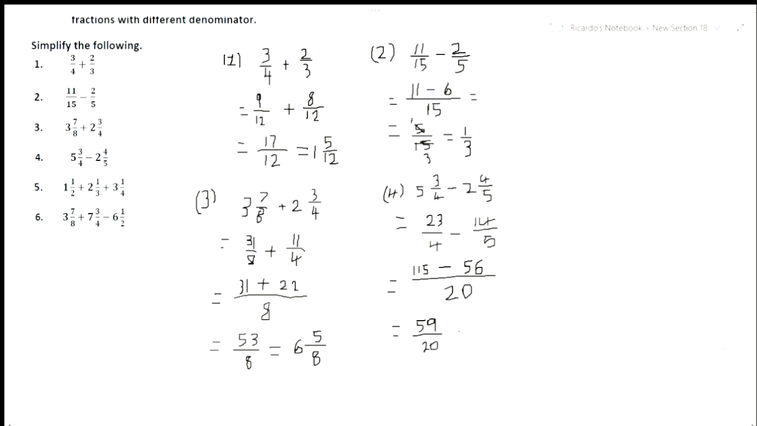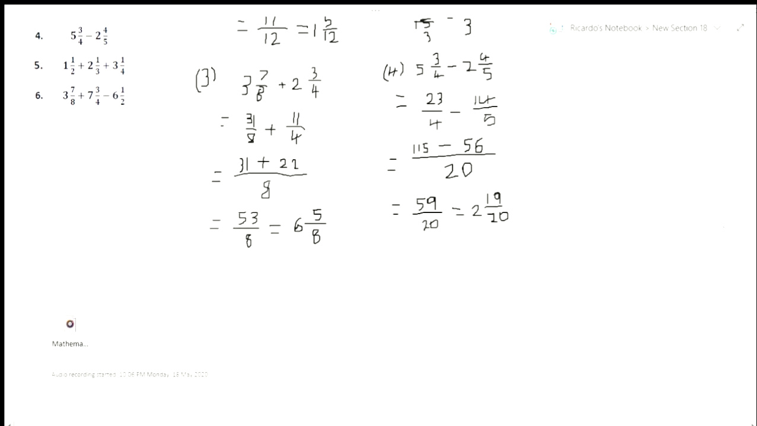Okay, so 20 pieces make one cake, and you have more than one cake, so that 20 can go into 59 2 times. So that is going to equal to 2 and 19 upon 20. That is almost 3 cakes, and that would have satisfied that one. Let's look at the next one,